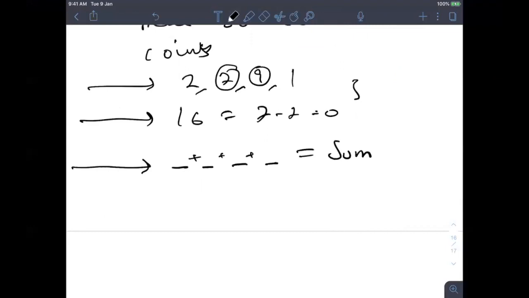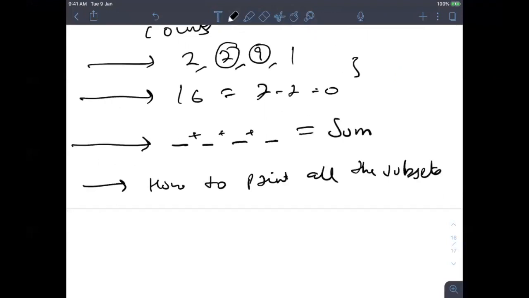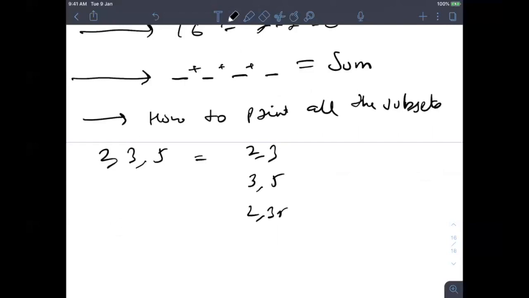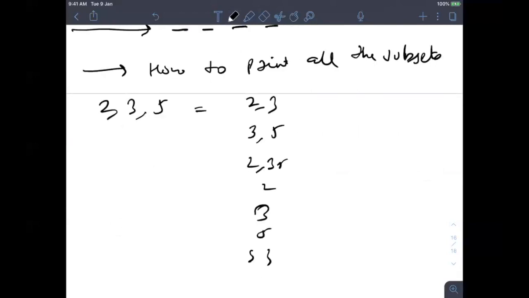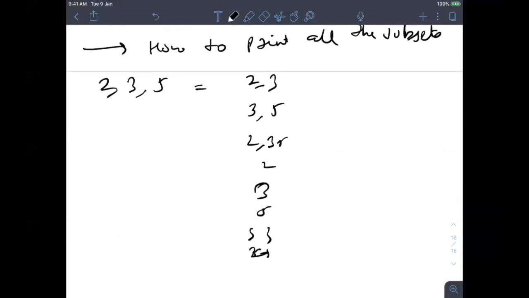We already know how to print all the subsets, right? So instead of printing, let's say you again have those elements 2, 3, 5.